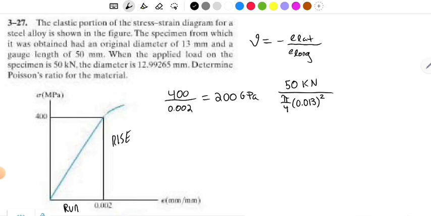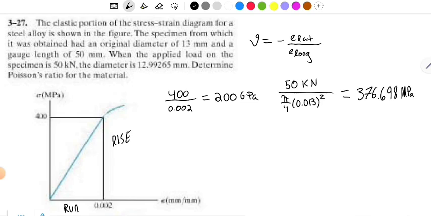So that's going to simplify to 50 times 10 to the 3 over pi over 4 times 0.013 squared, or 376.698